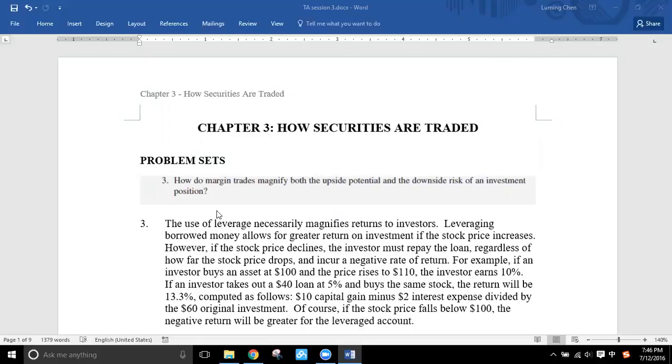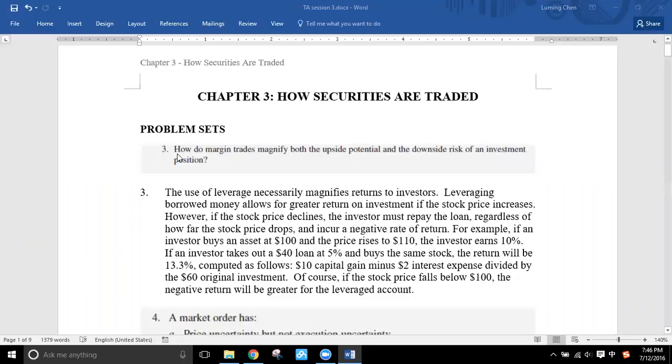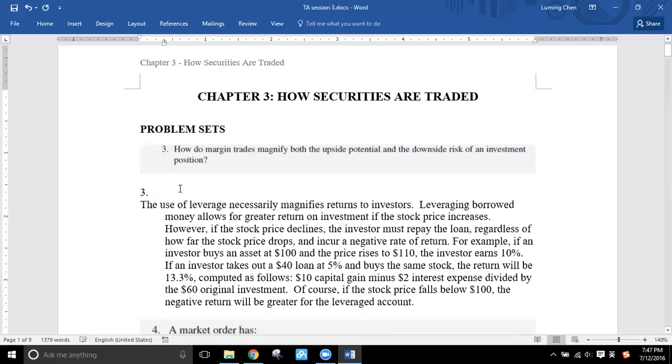This is from BKM, problem sets number 3. So how do margin trades magnify both the upside potential and the downside risk of an investment position? So what the question is about is that margin trades are directly linked to leverage, as we talk about it. So the use of leverage is mainly about borrowing money and shares to